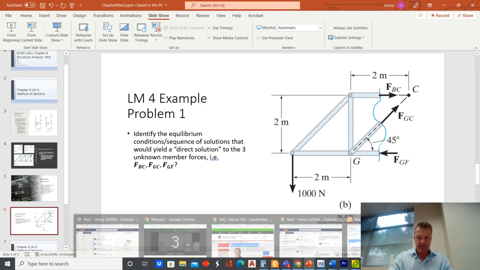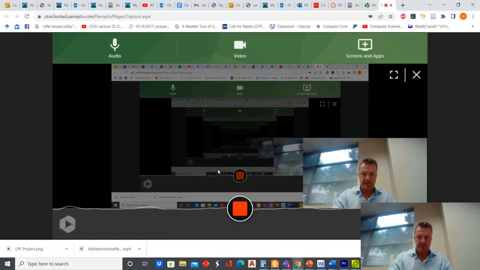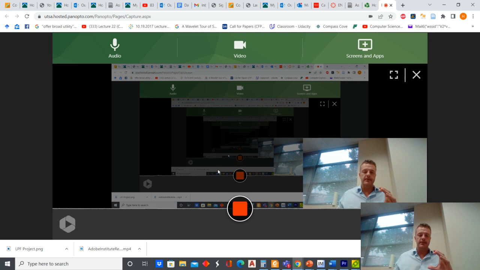So hopefully that helps emphasize the underlying principle of the method of sections. Just like the method of joints, it's a way to solve for the forces developed within members of a truss, but it's more useful if you're only interested in a subsection of the members within the truss. You just take your overall truss, you segment it into two sections, you draw in your internal forces under the assumption that all members are in tension, and you analyze whatever section of the truss that you segmented as a rigid body in equilibrium, which gives you three equations, and hopefully you only have three unknowns, and you'll have a statically determinate situation. I'm going to do the homework problem